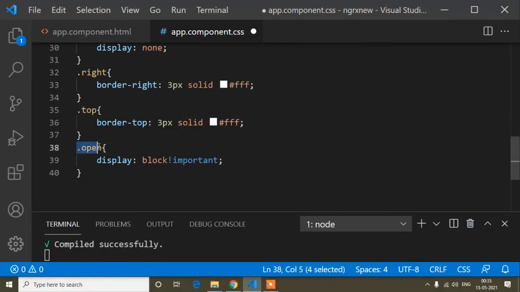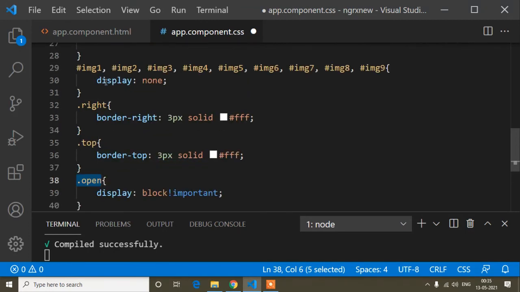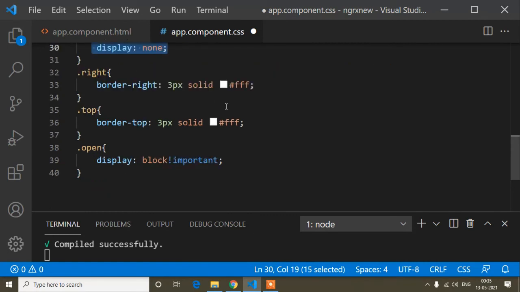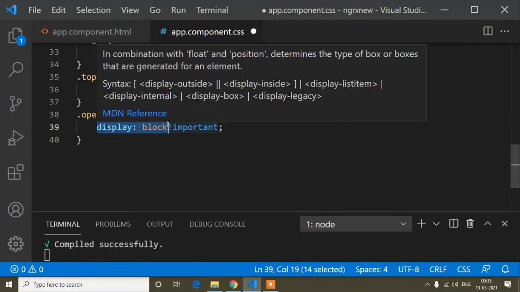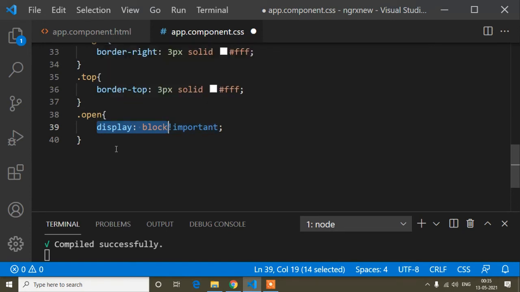So I will add this open class at that time. Where I have written display none, when the user clicks, I will put this open class. That means the image will be display block, so the user can see the image. I hope you understand.